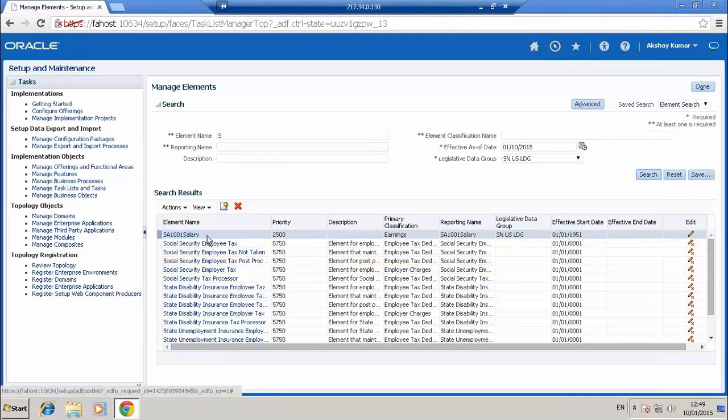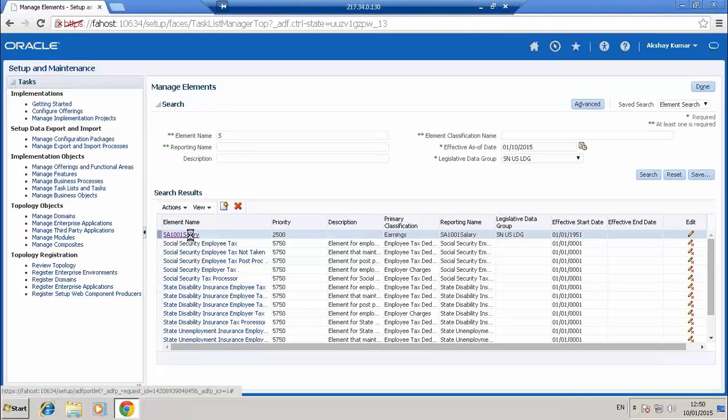I'm not getting into these details. If you see the other elements, the social security, employee tax, these are the elements which are already available in the instance. So, the predefined elements. Yes, predefined elements. You won't be able to delete these. I can see the start date says 0001. Yeah, you can define whatever you want. The start date can be changed, that's not an issue. But these elements are all created as predefined ones.